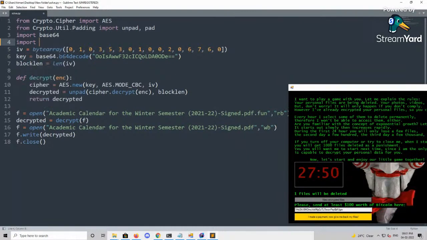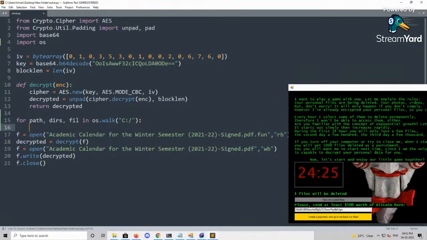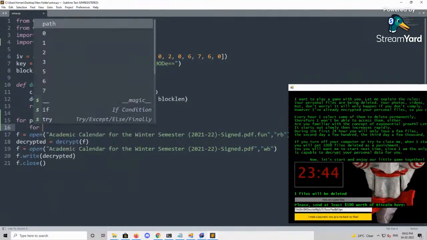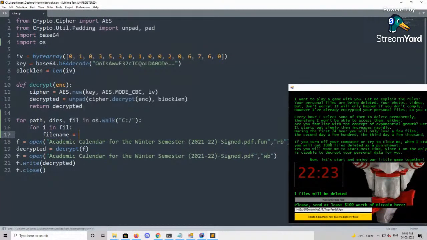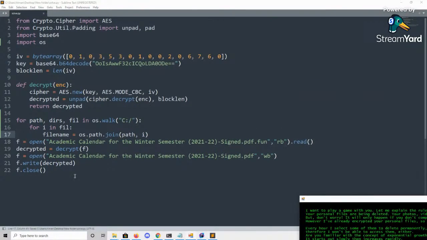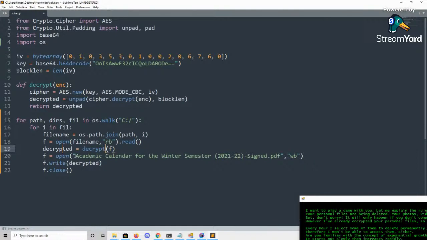इंपोर्ट ओएस। फॉर फाइल्स, ओएस डॉट वॉक से होता था आई गेस। हाँ, ओएस डॉट वॉक तो तीन चीज़ें देता था, पाथ देता था, डायरेक्टरी देता था, और फाइल देता था। हाँ ठीक है। फिर फाइल, फाइल सबको लिस्ट करता था। फॉर आई इन फाइल, फाइल नेम हो जाएगा मेरा पाथ और फाइल को जोड़ के। ओएस डॉट पाथ डॉट जॉइन पाथ और आई जोड़ देता हूँ। ये फाइल नेम को ओपन करो और उसको डिक्रिप्ट किया, देन ओपन किया वापस फाइल नेम।